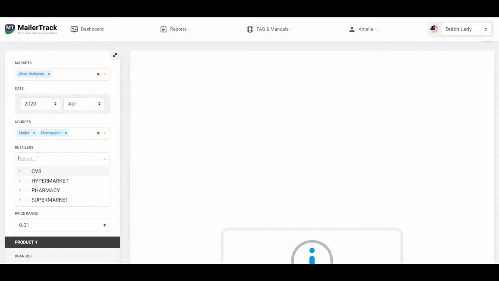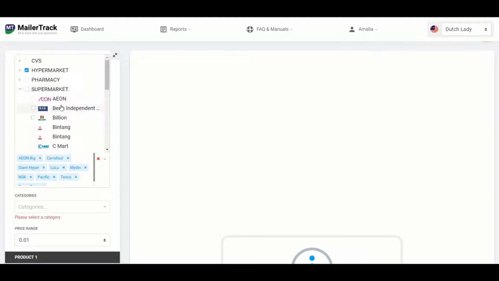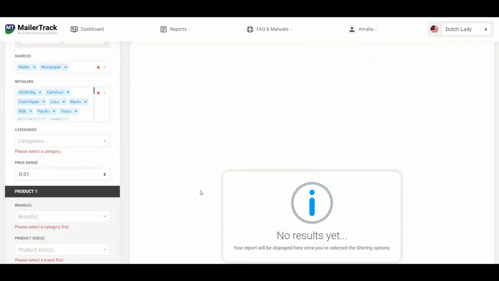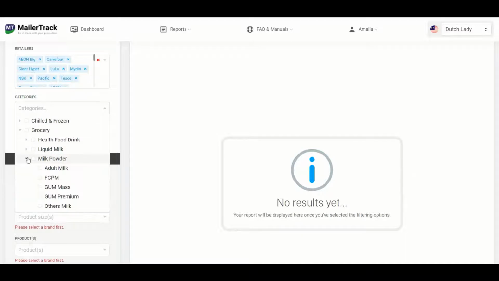Under retailers, you can choose to see the entire channel. You can choose to see a select few retailers only. But for now, we'll be looking into both hyper and supermarket data. Under categories, the categories you're subscribed to will be listed here, and as I mentioned, this report allows you to make comparisons on an SKU level, so it's good if you have a product in mind already. So for this report that we're going to generate right now, we'll be looking into gum mask,